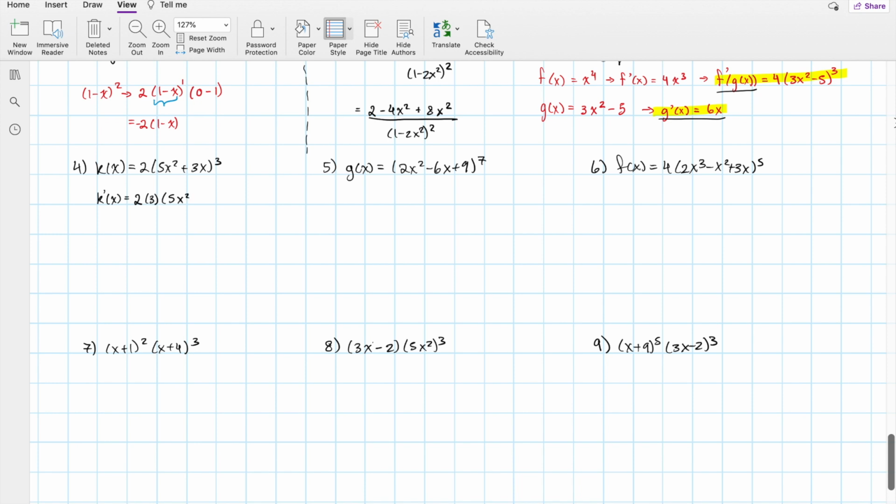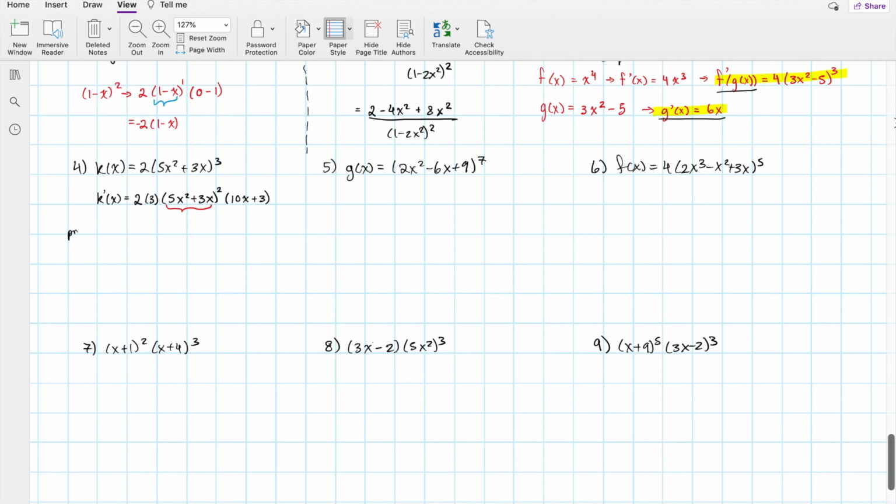And then we have 3 minus 1 is 2. Now we multiply all of this by the derivative of whatever was inside the bracket. So 5x squared plus 3x, which gives us, again, power rule here, we have 10x plus 3. Okay? So that's the first way to solve this, and then you can simplify it further to see what you get. The second way to do this, you could also just use the product rule,